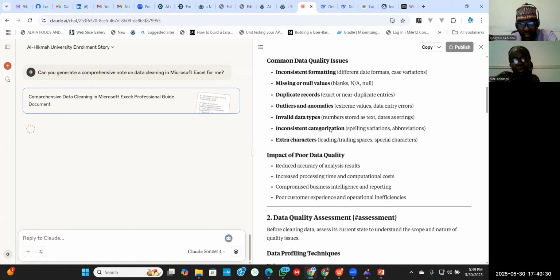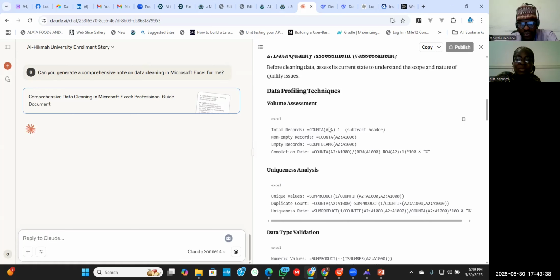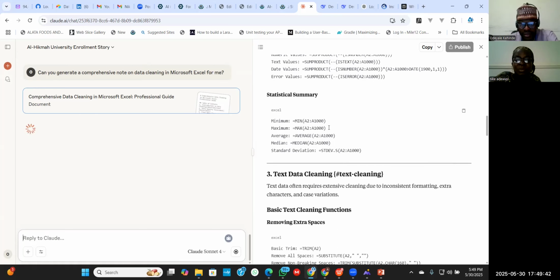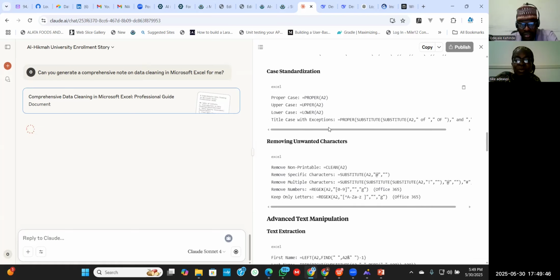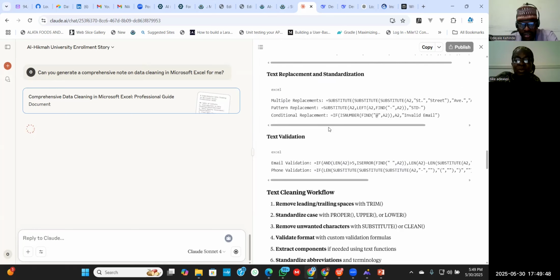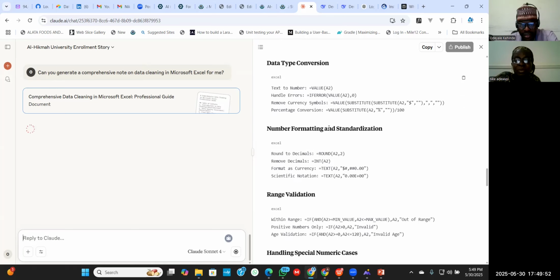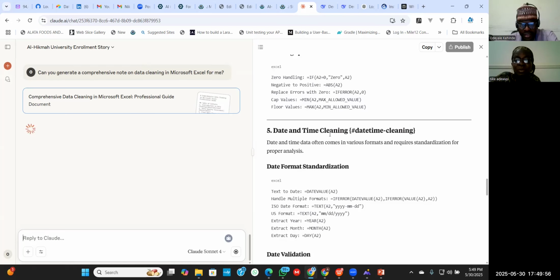And the output of Claude AI is more comprehensive than that of DeepSeek. Can you see? Handling special numeric.